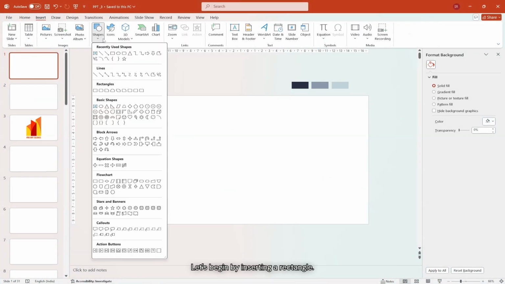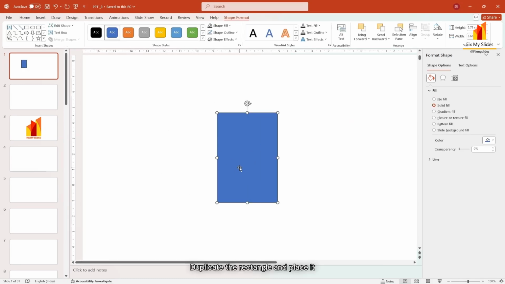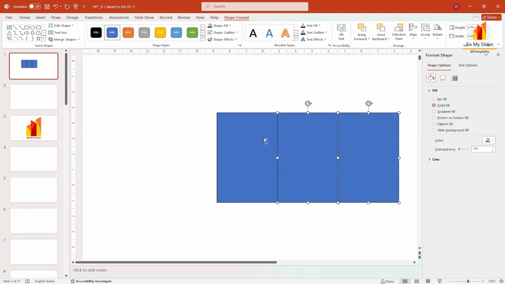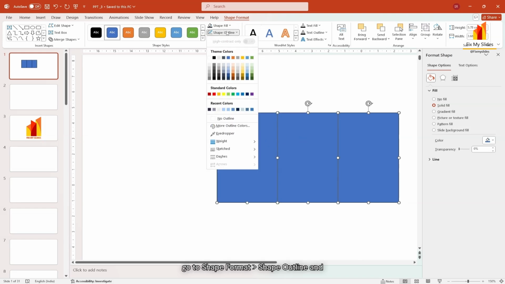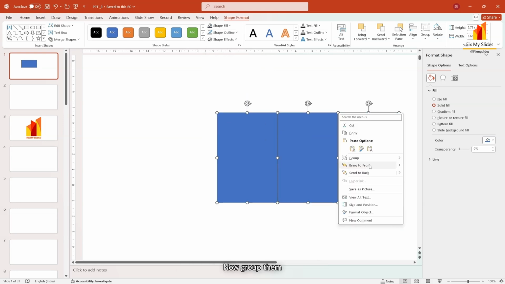Let's begin by inserting a rectangle. Duplicate the rectangle and place it beside the first one. Repeat the process once again. Next, select all, go to shape format, shape outline and select no outline to remove the borders. Now group them